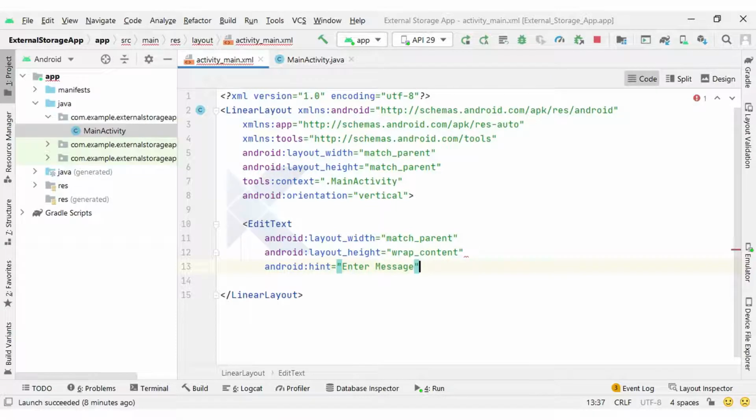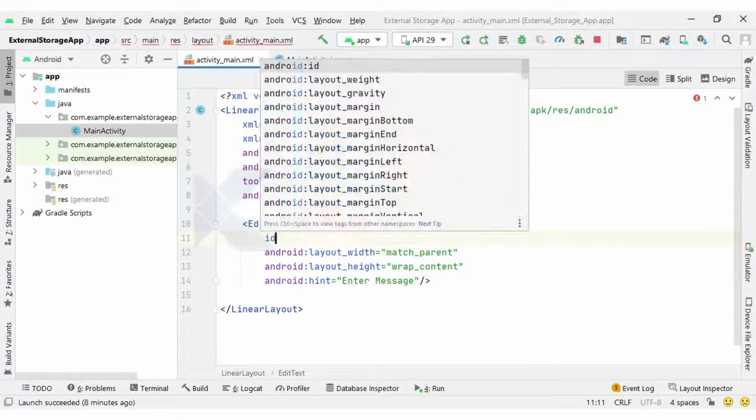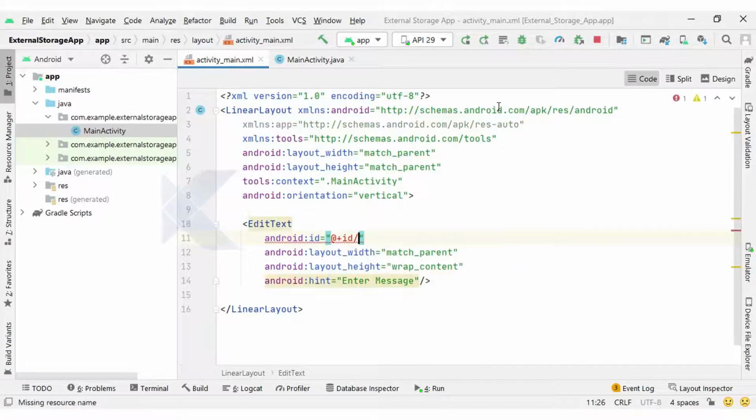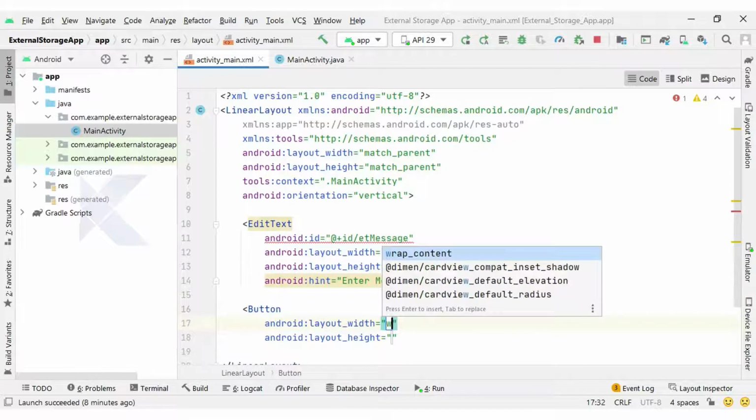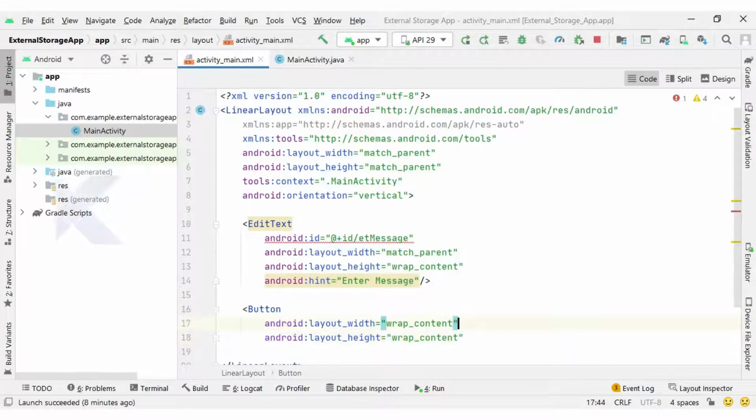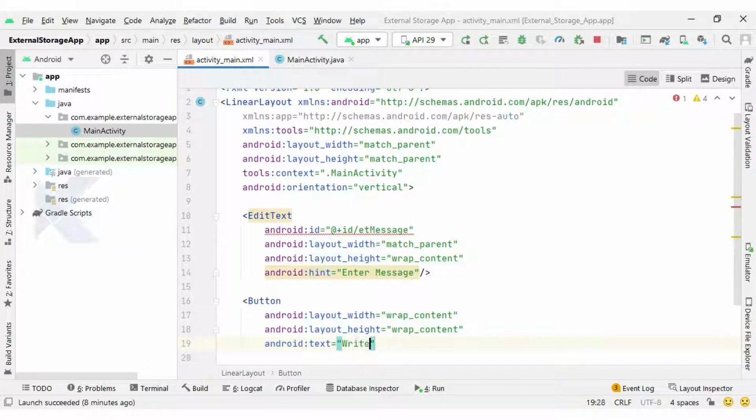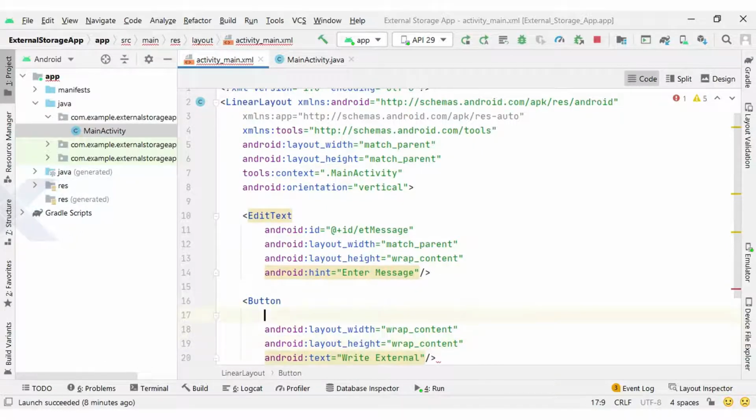Here we are going to write a simple text file on our external storage. So I have the message edit text, and here is the button with wrap content, text write external, and id button write external.